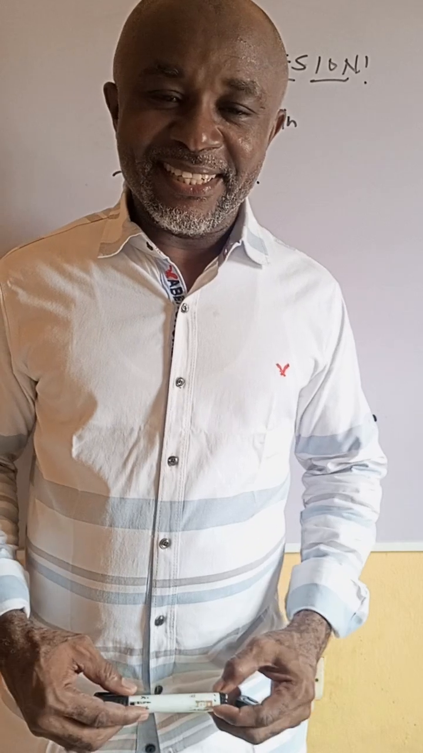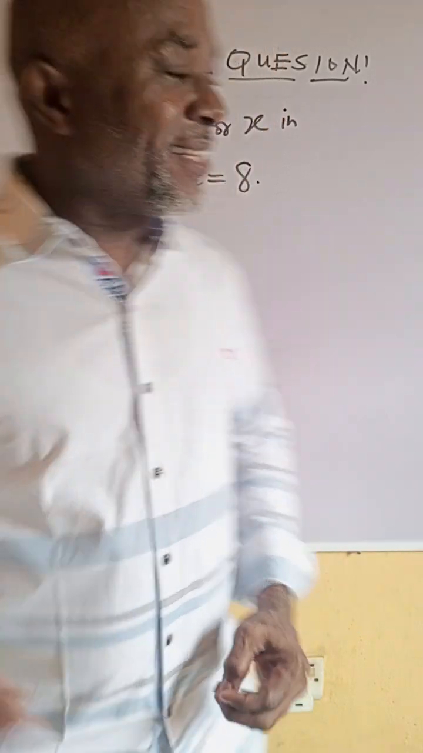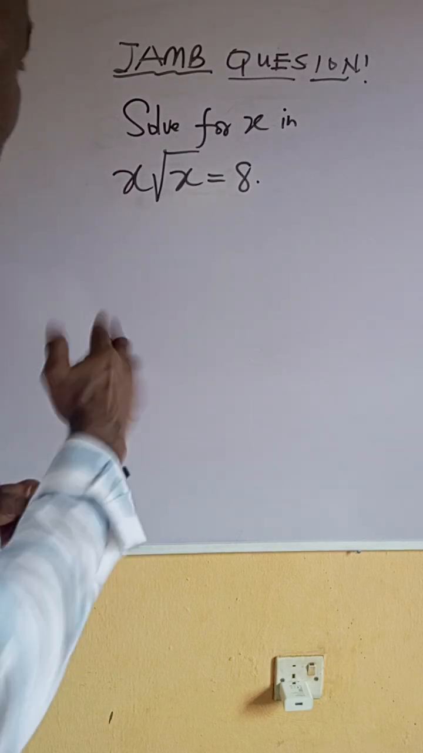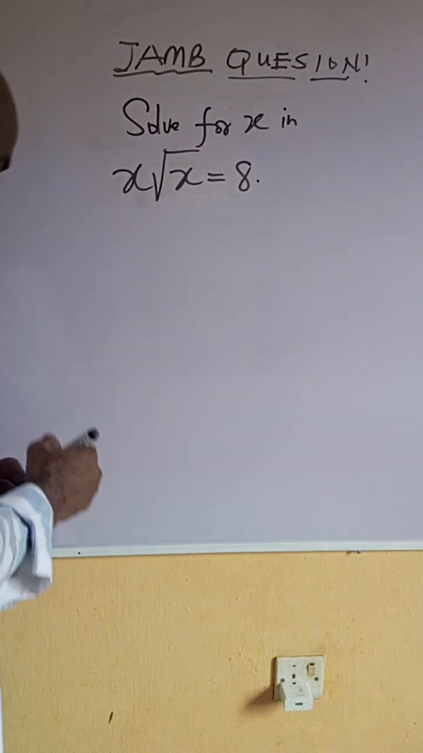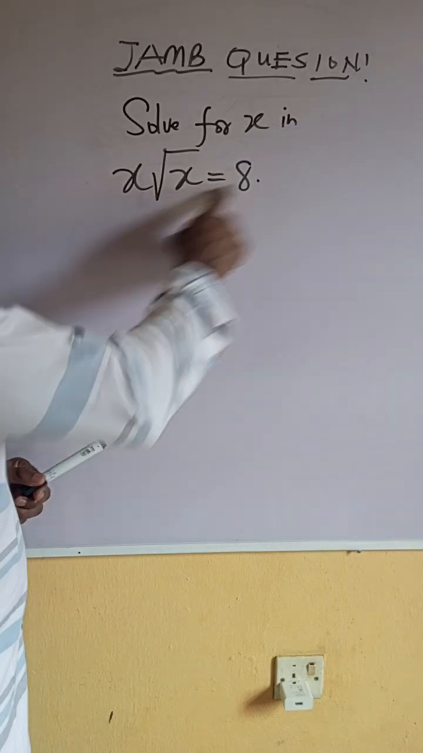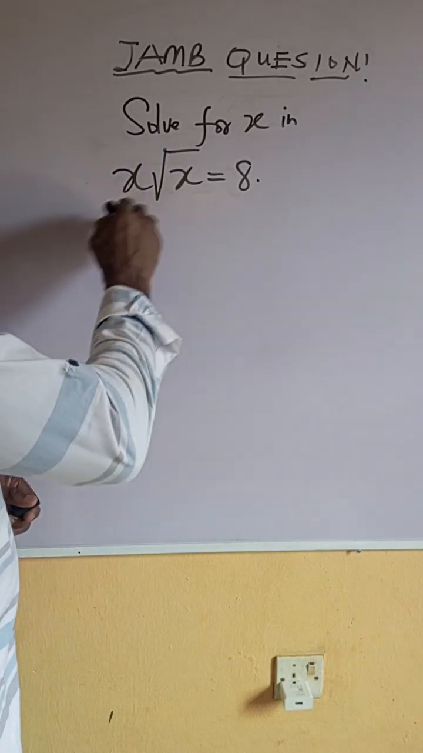Hi friends, what if JAMB care to repeat this question? How will you solve it? Let me show you how you can solve it. Now, we are told to solve for x in x root x equal to 8. Solution,